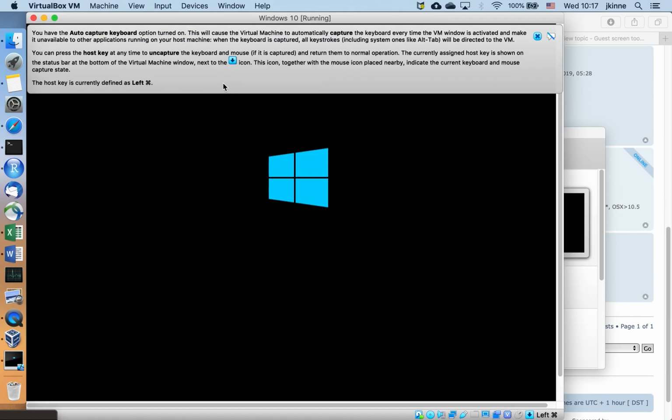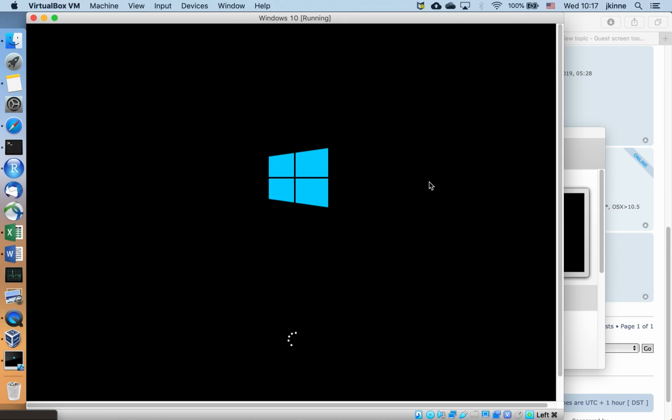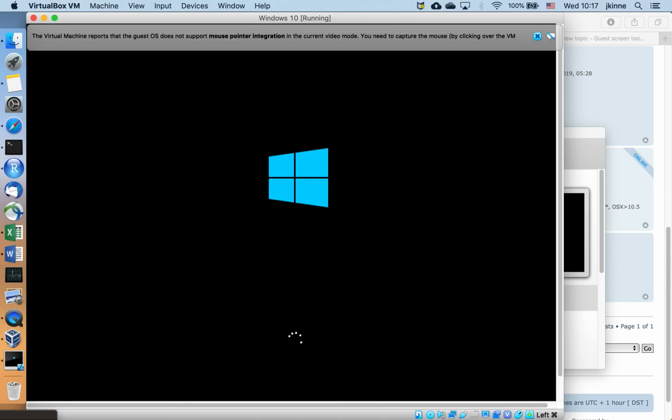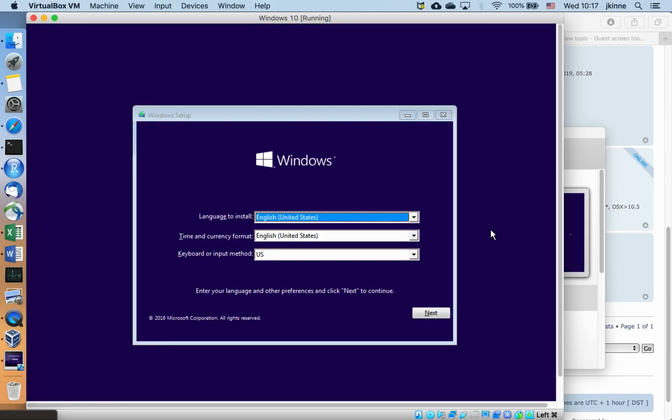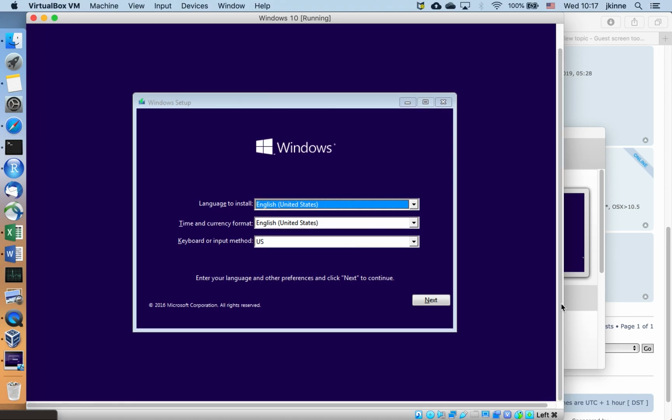This is talking about that key that we need to press if the mouse is captured and we need to bring it back out. Okay, I have it so that the screen that my virtual machine has is actually bigger than my physical resolution right now, because I have my physical resolution small for this video. So you may need to scroll here. Alright, so now I'm in the virtual machine, and